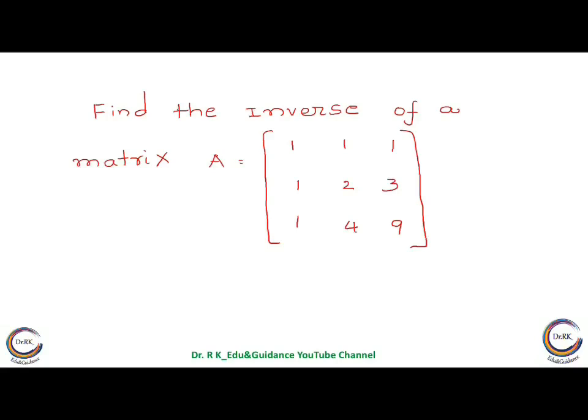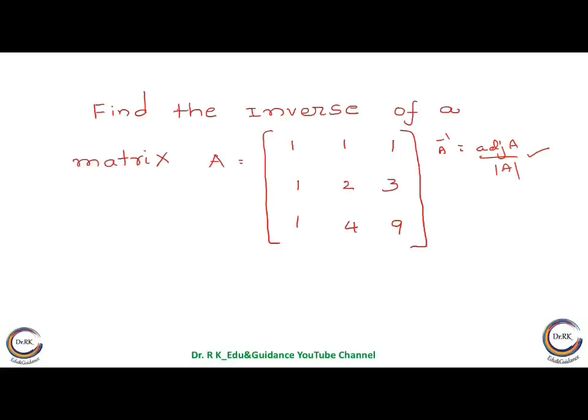Here we go through the method which we already learned or discussed in the earlier classes. Right? So finding the inverse of a matrix with the help of adjoints. Those who remember, it is A inverse equal to adjoint A by determinant A. By using this, we'll find the inverse of a matrix.